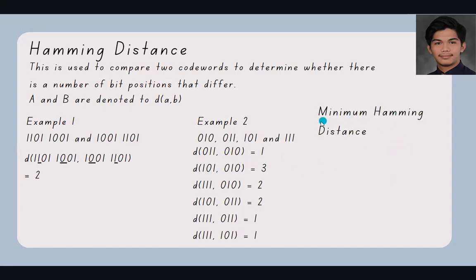But there's one more thing. In the Hamming distance, there's also what is known as the minimum Hamming distance, which means that among all the Hamming distances, there should be at least the minimum Hamming distance. And in this case, the first, fifth, and sixth